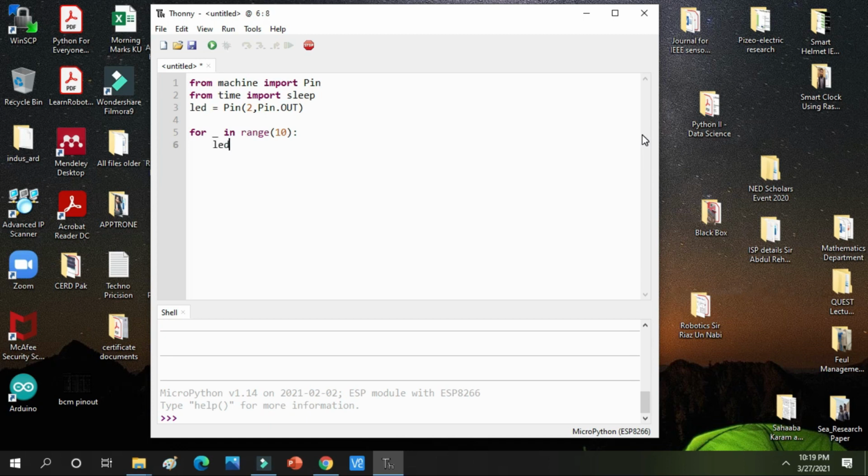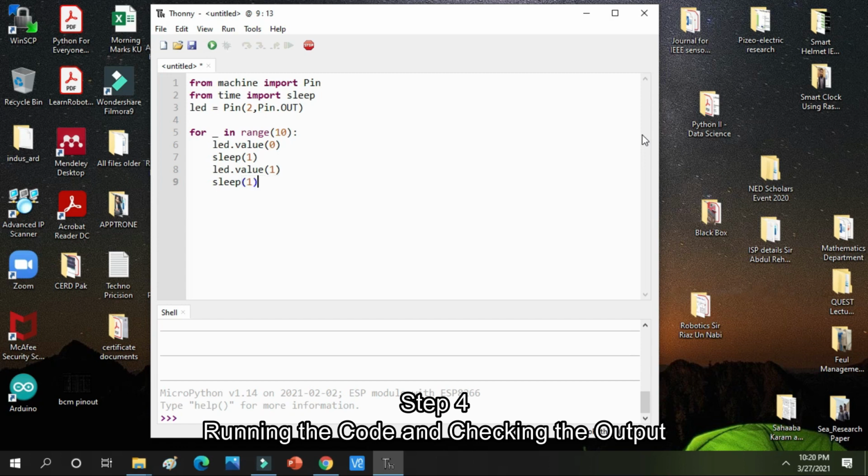I am writing led.value 0, means off, and after that I will give the sleep of 1 second, so it will keep the LED off for 1 second. After that I will write led.value 1, on for 1 second. Okay, and after giving it the on signal, I want it to remain on for 1 second. So this is the for loop, and the code has been completed.